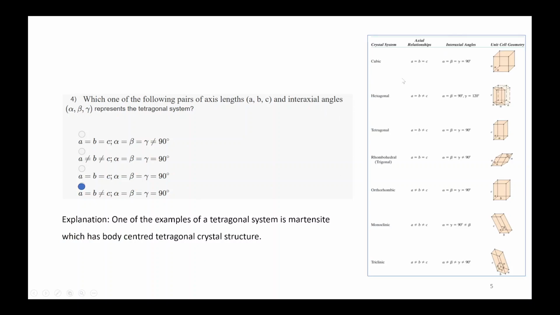Now the other systems are also given here. One example of the tetragonal system is martensite, which has a BCT structure, with one atom at the body center. In case of cubic, all axis lengths and interaxial angles are equal. In case of hexagonal, a equal to b not equal to c, and alpha equal to beta equal to 90 degrees and gamma is 120 degrees. In case of tetragonal,